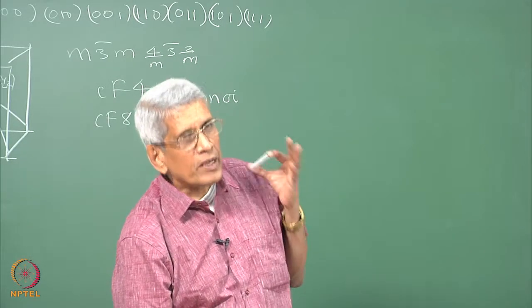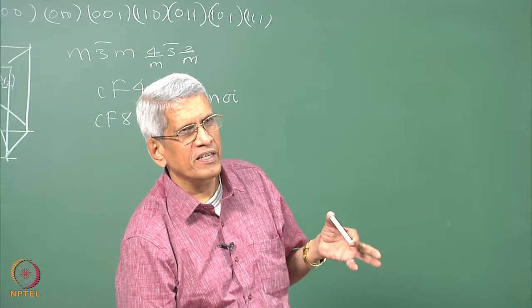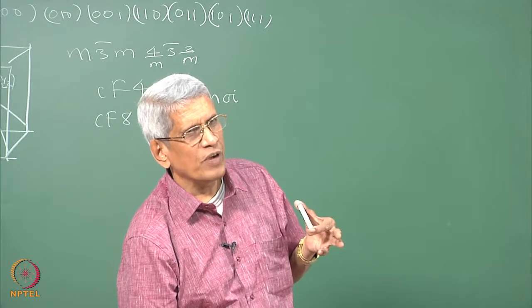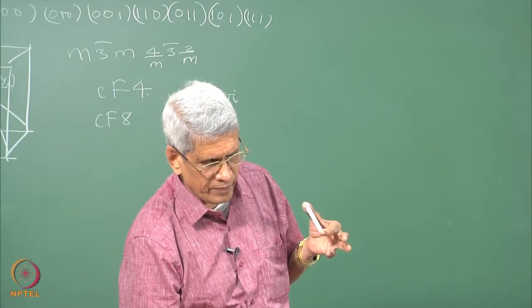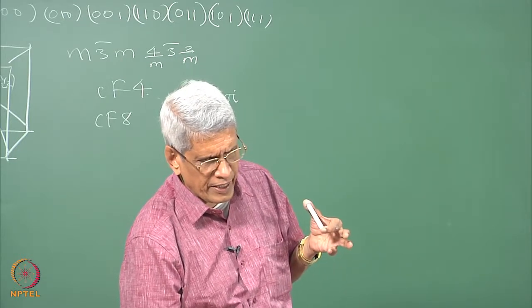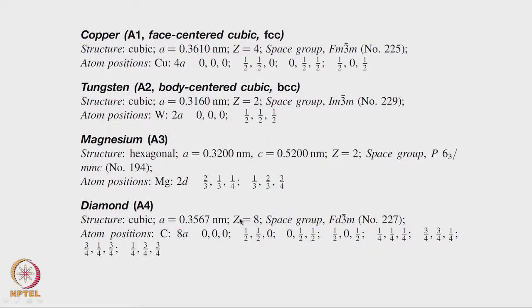That is the main governing rule in constructing these lattices using this Wyckoff table. Like diamond, if we take it, the lattice parameters and Z equals 8 means that the total of 8 atoms are going to be there in this. Space group is F D 3 bar M. This is the number also which is given.